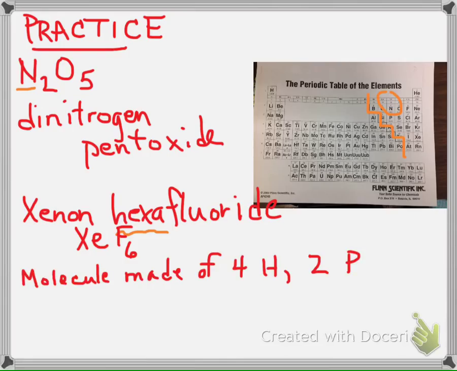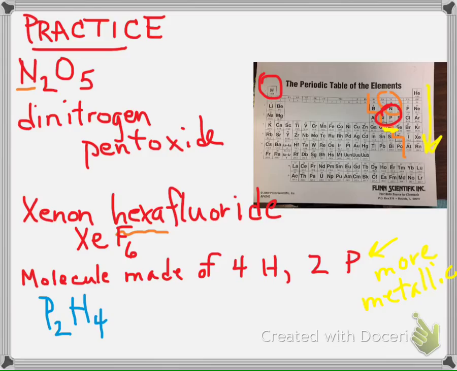What about writing a formula for a molecule made of 4 hydrogens and 2 phosphorus? Reminder, the term molecule, when used correctly, means they are compounds made of 2 nonmetals, or more in the case of organic compounds. So I find my hydrogen and phosphorus on the periodic table. They are not in the same group or period, so being further down in the periodic table in terms of period is more significant. The phosphorus is more metallic and will appear first in the formula. So my formula would be